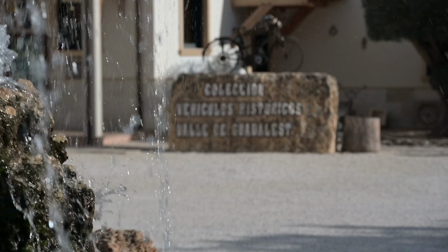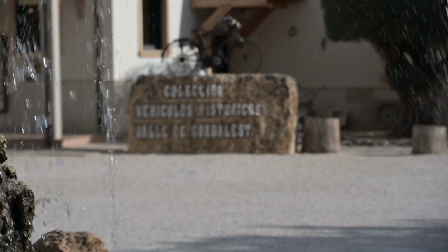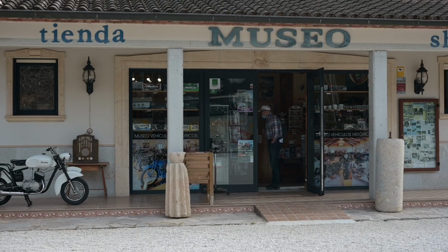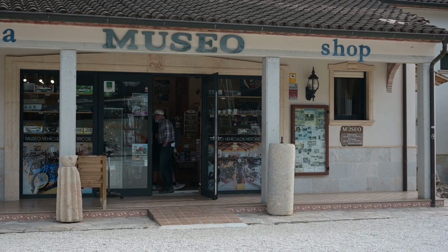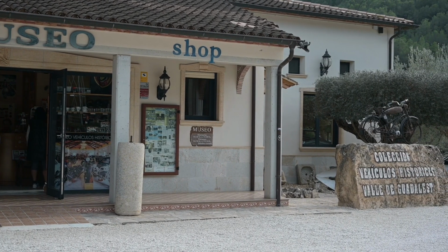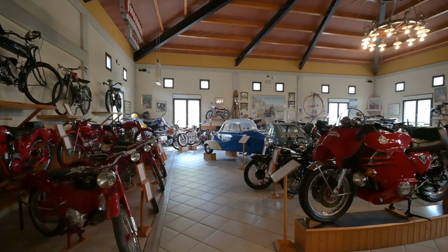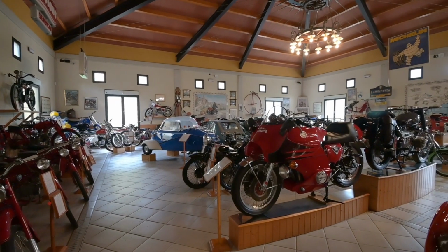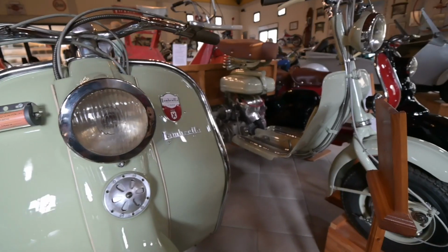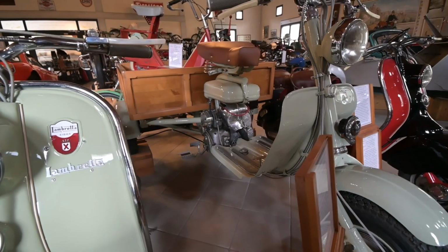No better way to finish it than at this little museum of historical vehicles, which is actually primarily motorbikes. And there's some little gems in the gem of a museum. It's only one big room, it's obviously a private collection, but there's quite a, how would you describe it, eclectic mix of stuff in there, and I whiled away nearly 2 hours quite happily just looking at all the weird